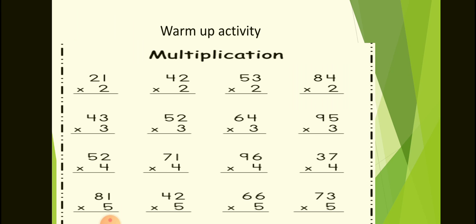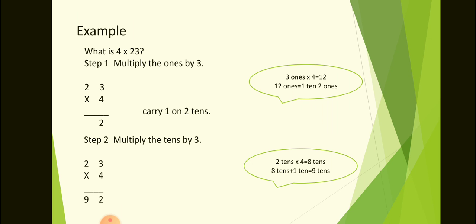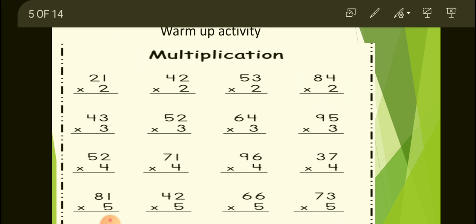There is a warm-up activity for you, and it is from the multiplication tip video that we have learned from video number 1. So starting from the ones, 1 2 is 2, 2 2s are 4, and now do this one. 4 2s are 8, and 8 2s are 16. Now let's do this one. 7 4s are 28.